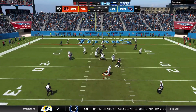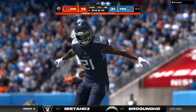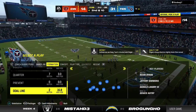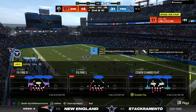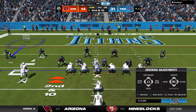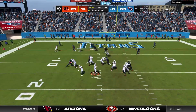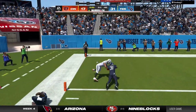Play action. It's Burrow. And he'll be hit as he releases it, and that'll fall incomplete. Another throw there off the mark, and obviously he's battled all of the interceptions. Things just haven't been true to form for him. I don't know. What do you think's going on out there, CD? That's a great question, and my suspicion is he's been coached really well to not show that he...